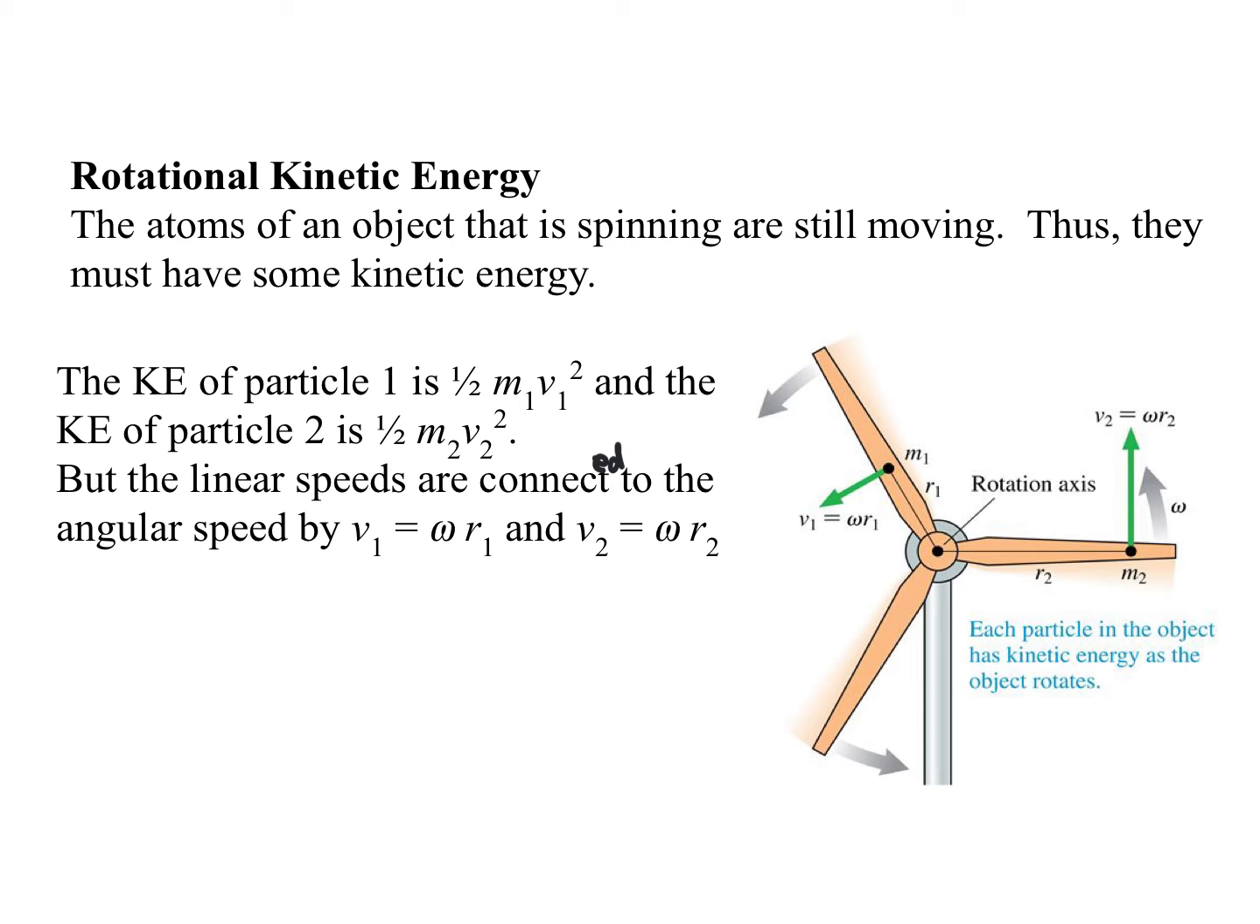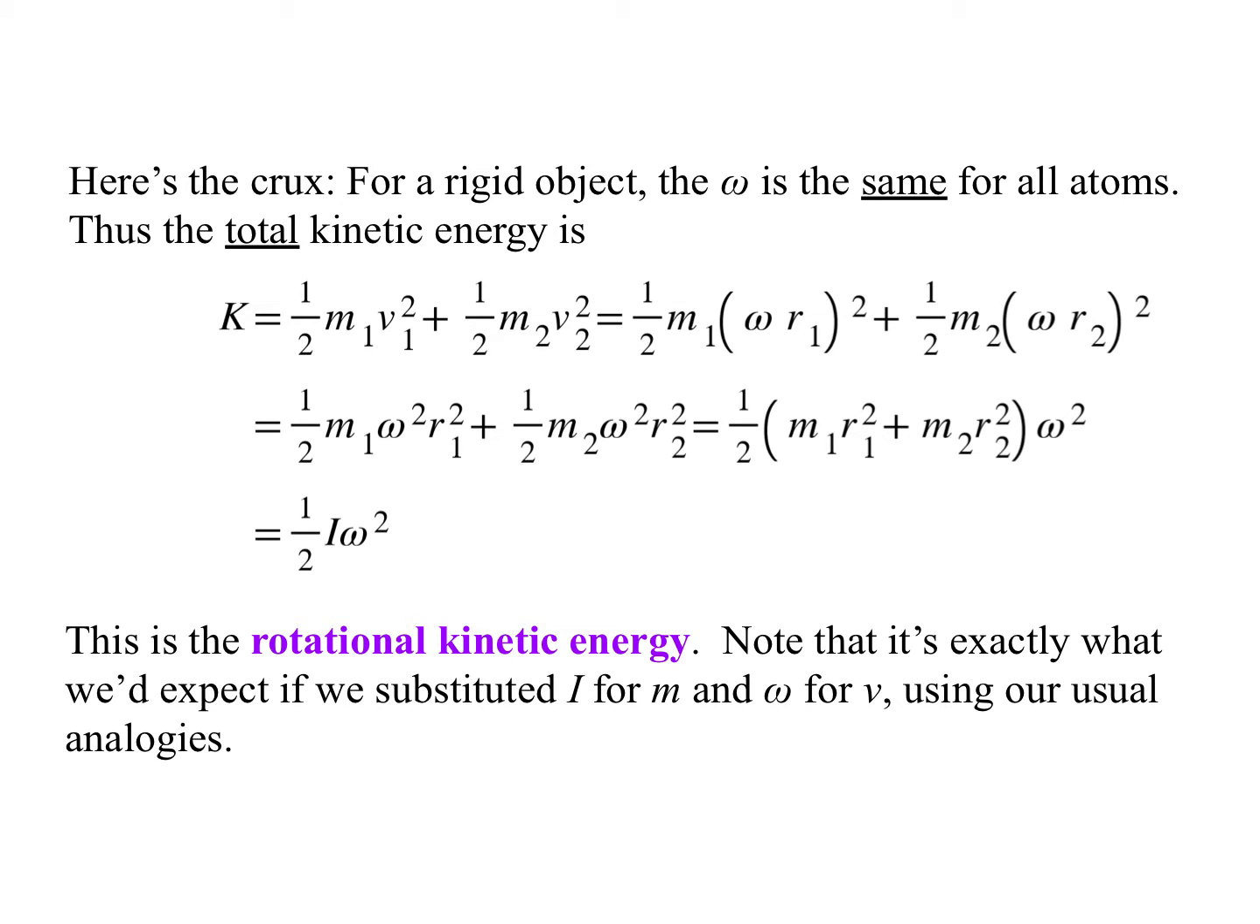But the linear speeds are connected to the angular speed by v1 equals omega r1 and v2 equals omega r2. But here's the crux. For a rigid object, the omega is the same for all atoms. So the total kinetic energy would be 1/2 m1 v1 squared plus 1/2 m2 v2 squared. But then I replace each of those with omega r. I square everybody out. I factor out everything that isn't an m1 or an r1, etc. In other words, all the things without subscripts. And I end up with